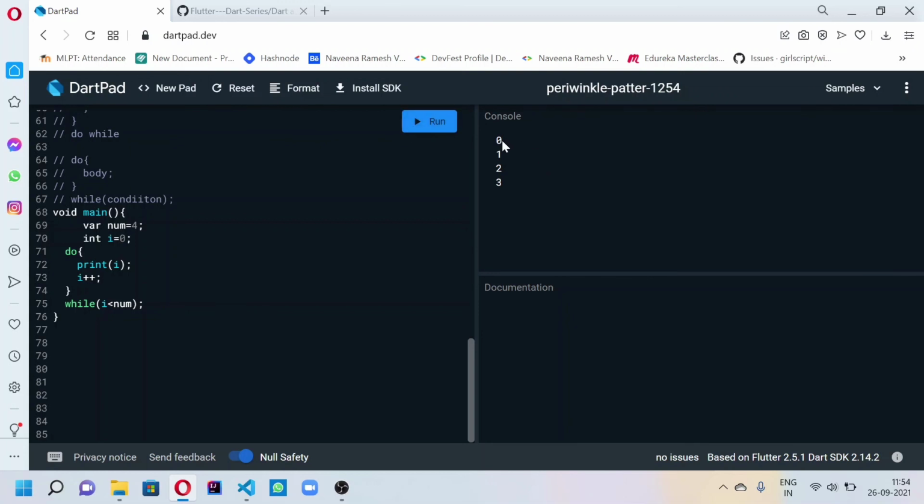It will print 0, 1, 2, 3. It will print 0 first itself. It won't check the condition first, because we have given the syntax as do while loop: first you do it, then you increment it and check with the while condition. So first it will print 0. After that it will increase 0 to 1. Then it will check whether 1 is lesser than 4 or not.